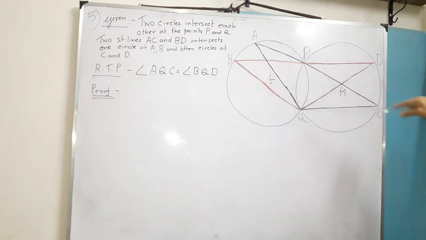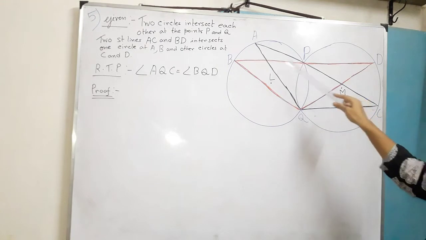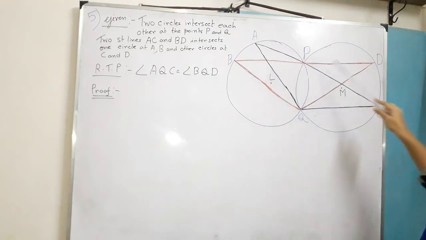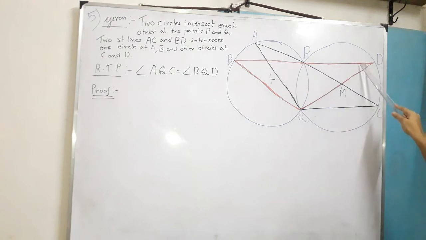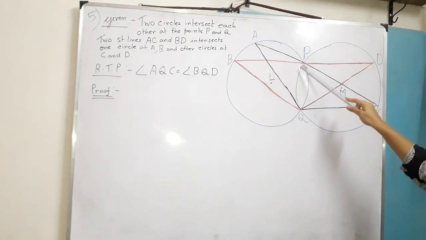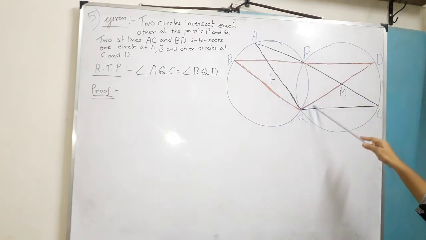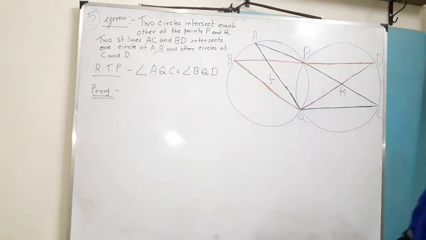So two circles intersect each other at the point P and Q. Now two lines are there which pass through P. One is AC and another one is BD. Okay, AC and BD, two lines which pass through P, and I have to prove that angle AQC means this one equals angle BQD means this one. If I mark it,